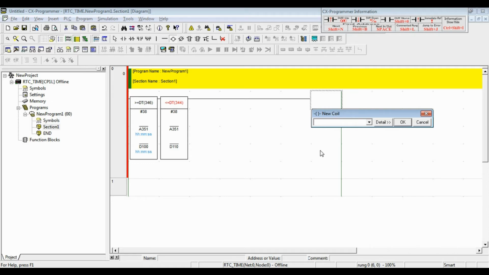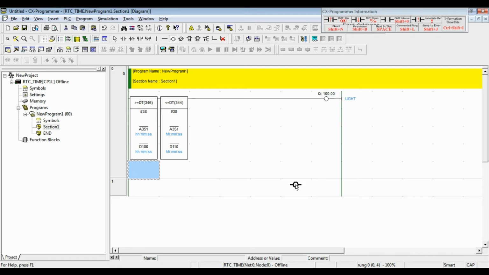So I should write the address 100.00. 100 is the channel number of Omron PLC, and then point, and then 00. 00 means the first output number for Omron PLC. Then I click OK. Comment: light.